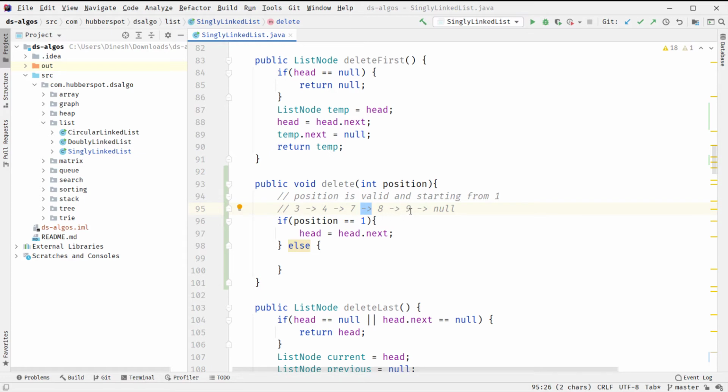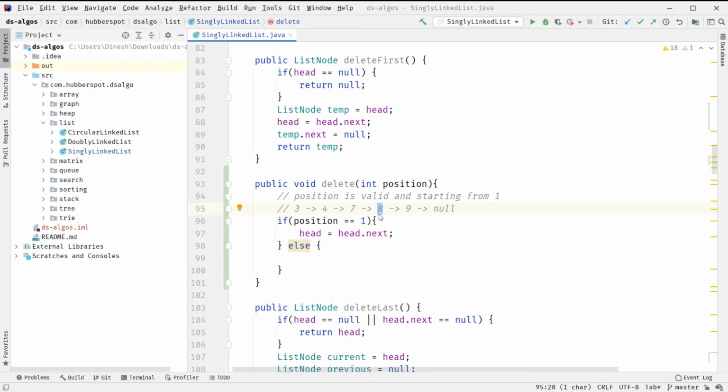And once 7 points to 9, 8 will be removed from the singly linked list. So in order to break this linkage, we need to first traverse to the node which is just behind this node, because we need to use this reference, remove this reference link